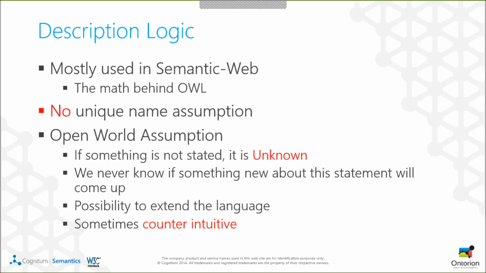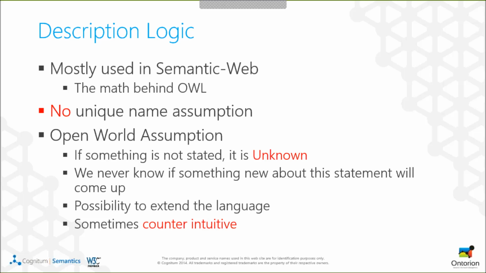Then there is the open world assumption. The open world assumption is the main assumption made by the reasoner in description logic, and it states that if something is not stated, then it is unknown. This is very important because it's not very intuitive for us to understand. It generally causes some problems of understanding why the reasoner is not retrieving all the results that you were expecting. But on the other hand, this is useful for the reasoner and in general for the semantic web, because